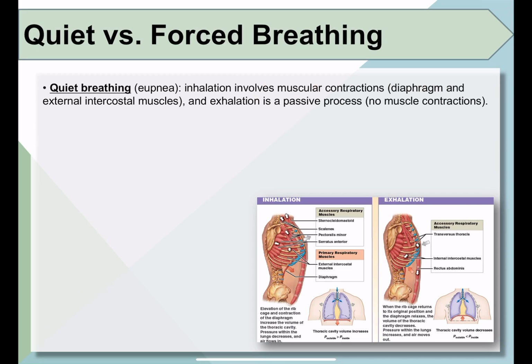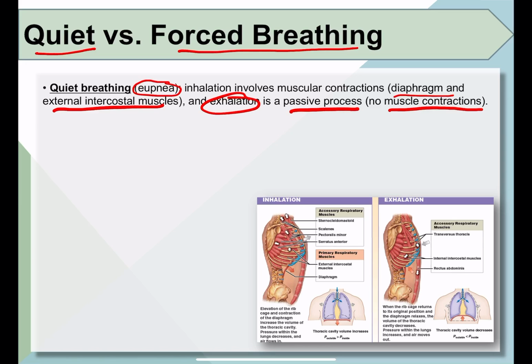Okay, so we know that the force of our breath can differ depending on how deep we are breathing, and hence there is a difference between what's called quiet versus forced breathing. During normal quiet breathing, we call that eupnea. Okay, this is when inhalation requires muscle contraction of the diaphragm and the external intercostal muscles, while exhalation itself is a passive process, meaning that it just involves relaxation of muscle. It doesn't require any muscular contraction. So no muscle contraction is required for passive exhalation during quiet breathing. The only part of breathing that will require muscle contraction in a normal quiet breathing sense is just during inhalation,